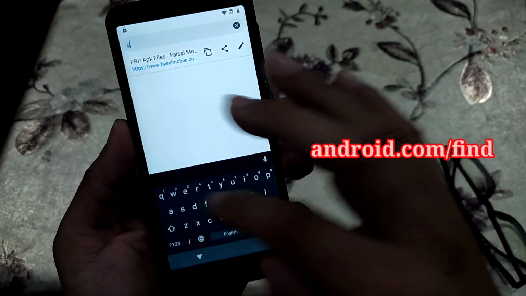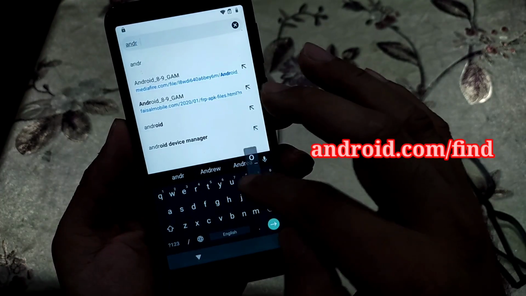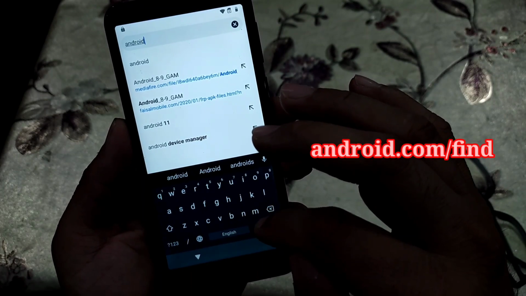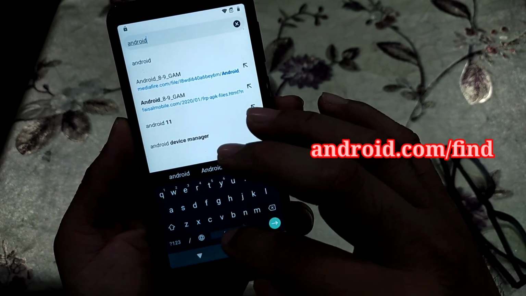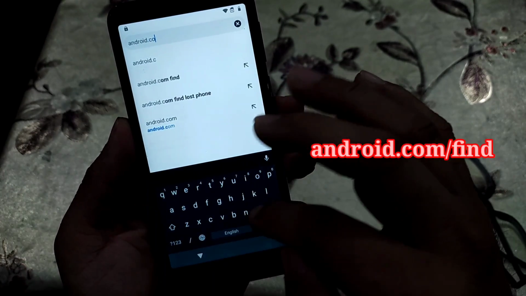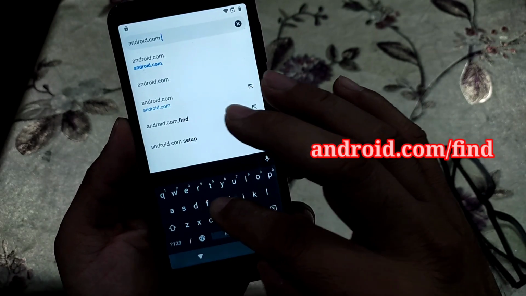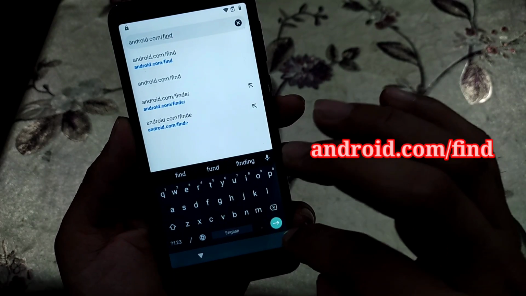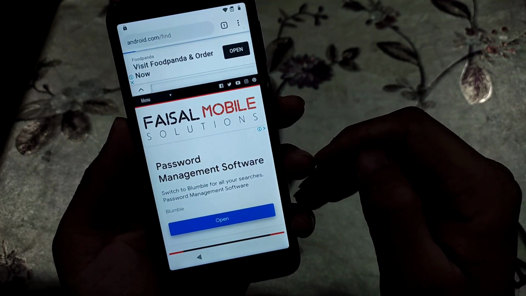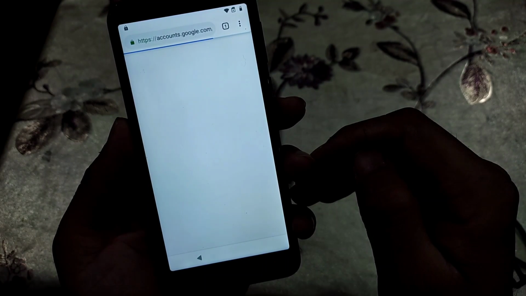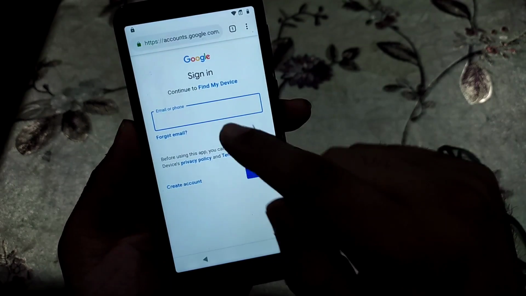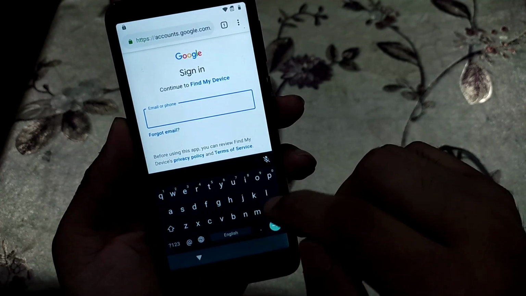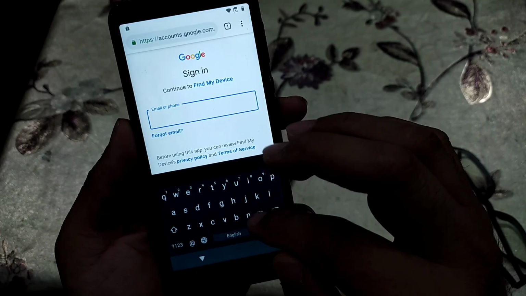Now just write in the search bar android.com/find and click go.com/find and next. So here we need to give the same Gmail ID and password which we did before.